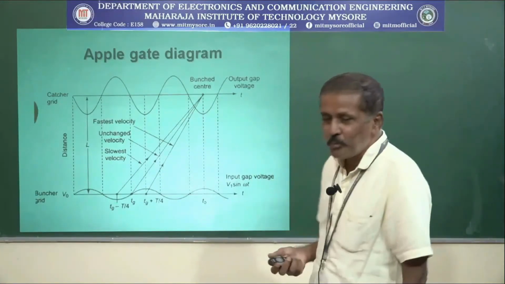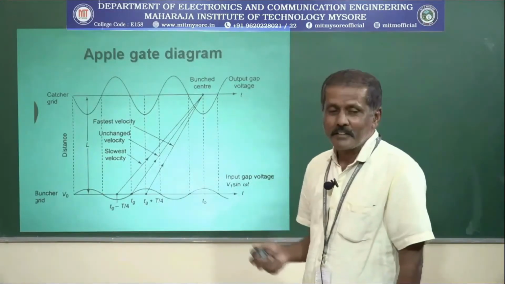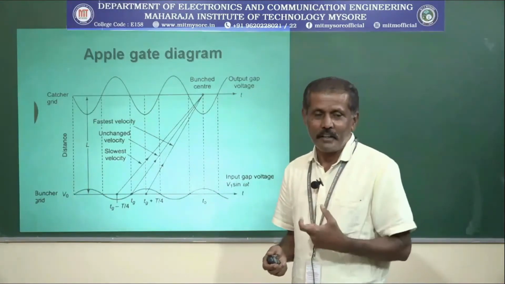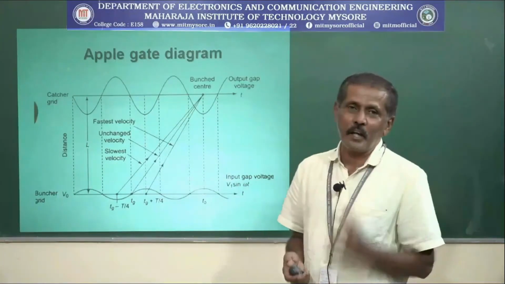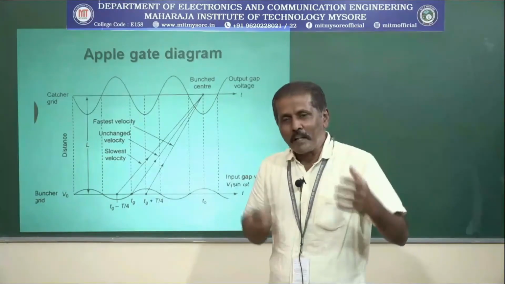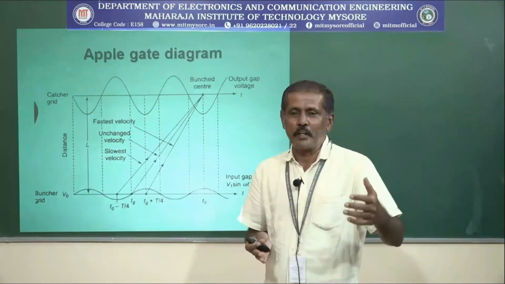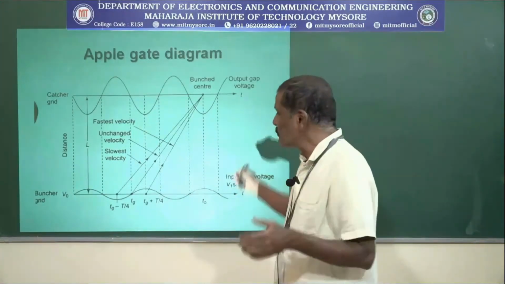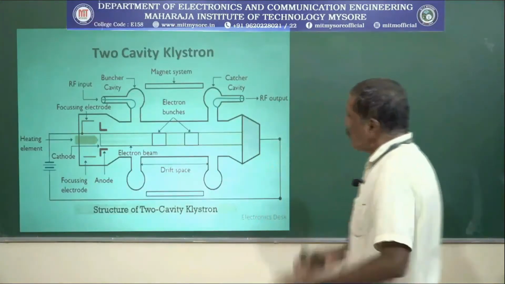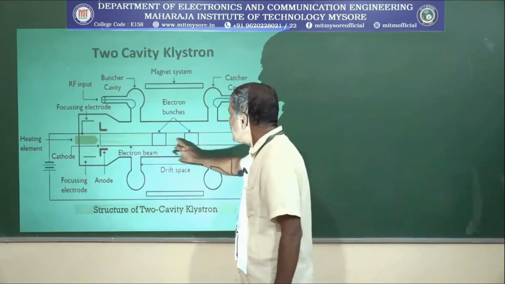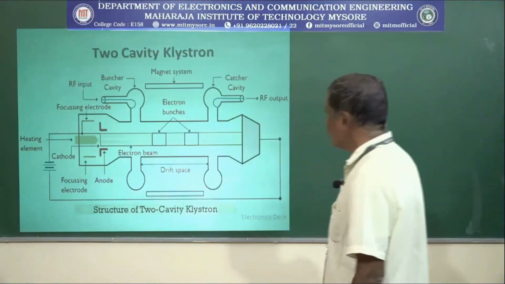If the electron occurs in a negative field potential, then it passes with a lesser velocity, and if the electron occurs in a positive field, the electron velocity increases. Because of this, even though some electrons entered first and some entered late, depending upon the field potential, all the electrons will come out of this bunching cavity at the same time. So we get bunched electrons, and these bunched electrons will move toward the catcher cavity.